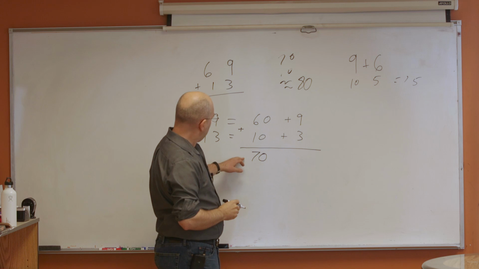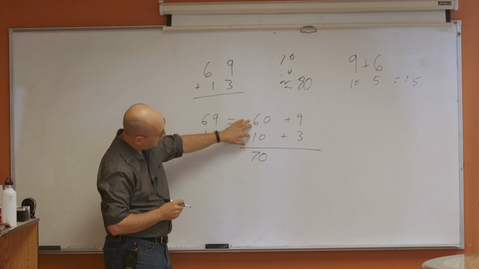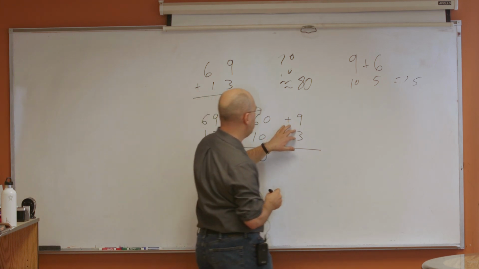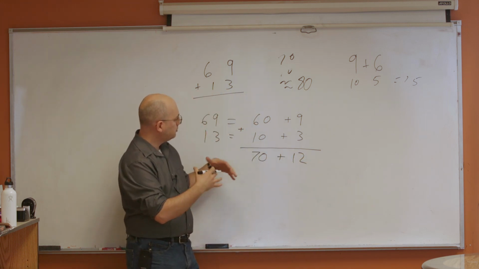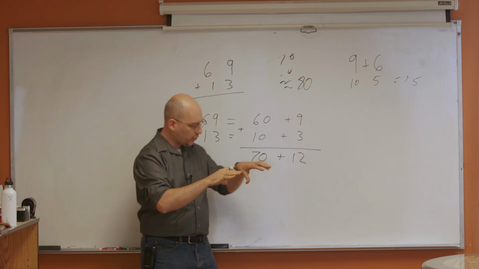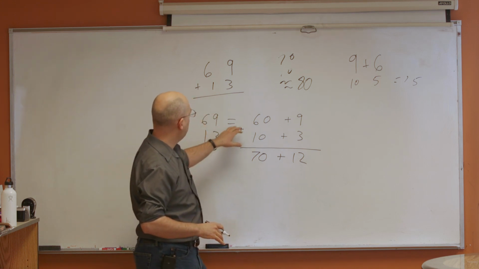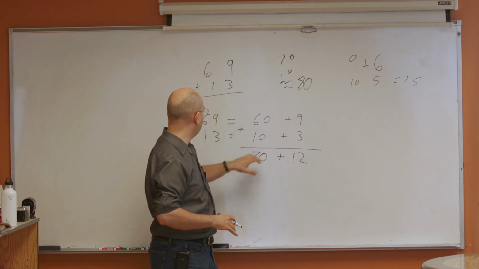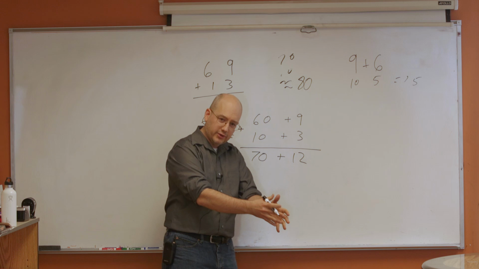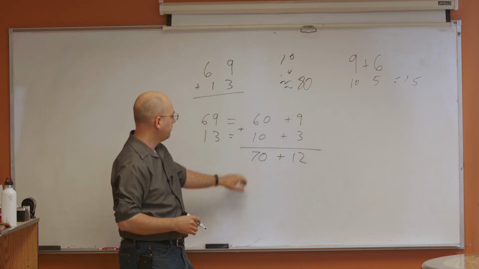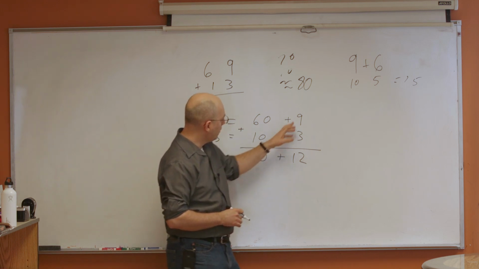You just add them individually. The 6 and the 1 come together to be 70. And the 9 and the 3 come together to be 12. And so I've just kind of broken these things. It's like if I had 69 sticks and I had 6 bundles of 10 sticks, and then I had 13 sticks, and one of them was a bundle of 10, and I just put the bundles together and I count the bundles, and that's 70. The only thing I cared about was this leading digit. And then over here, I add that,